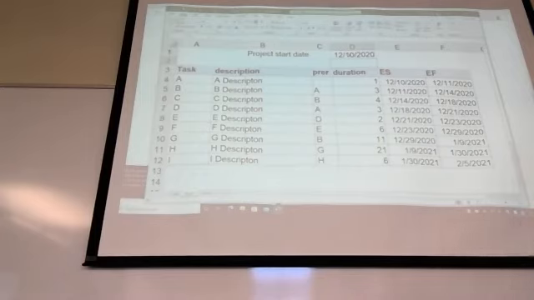E is after D. F is after E. G is after B. H is after G. And I is after H. And then they all come into finish.